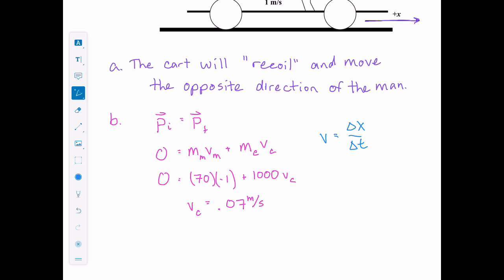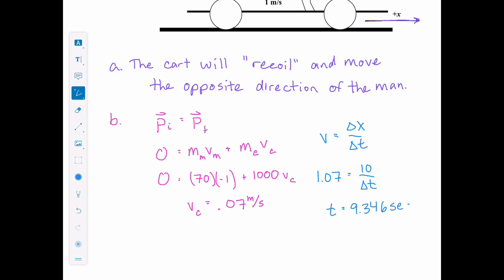So if you think about it, as the man's walking to the left, the cart's going towards the right, so the cart is moving under him faster. The speed of the man relative to the cart is actually 1.07 meters per second. It's going to equal the 10 meters divided by the change in time. And therefore, it's going to take him